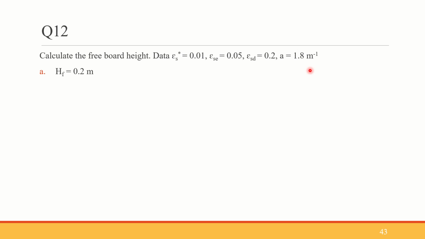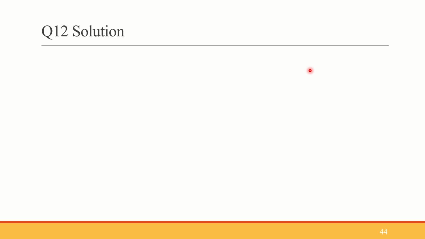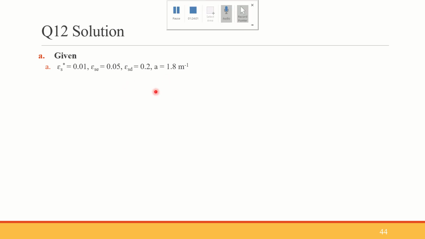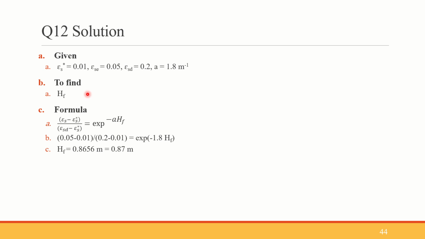HF is equal to 0.2 meter, HF is equal to 1.05 meter, HF is equal to 0.87 meter, and HF is equal to 0.5 meter. Answer is HF is equal to 0.87 meter. We will see how. So first we are writing given epsilon S star, epsilon SE, epsilon SD and A is given. And second we are to find HF, and third one we are giving the formula, and more than formula